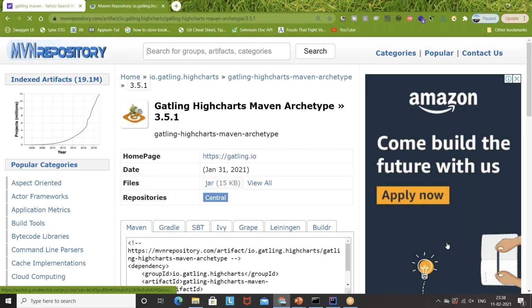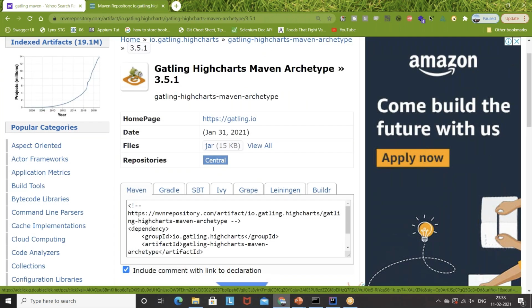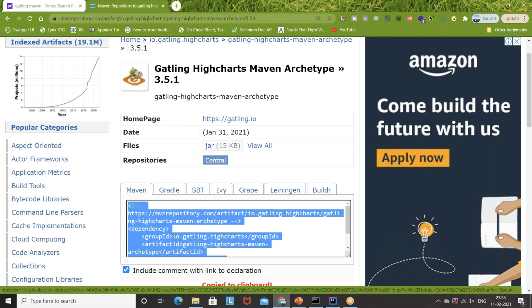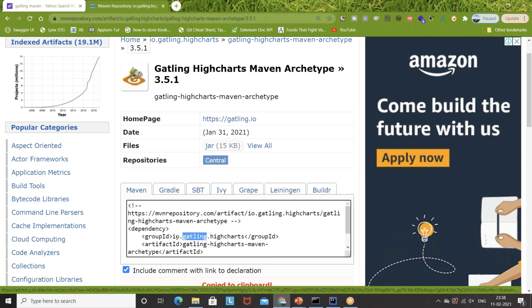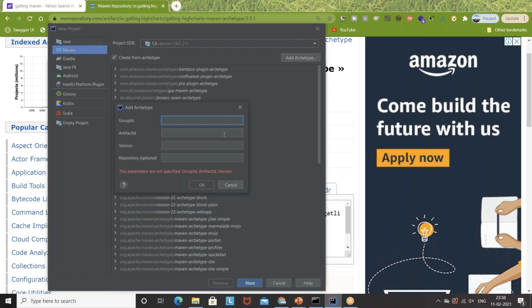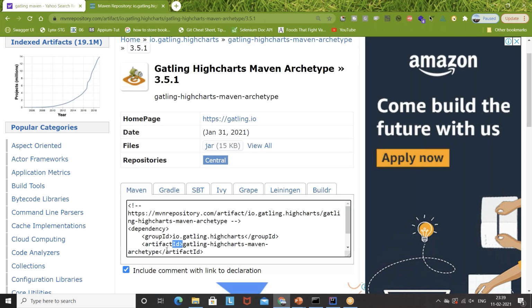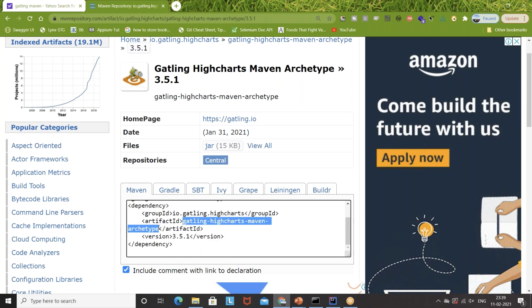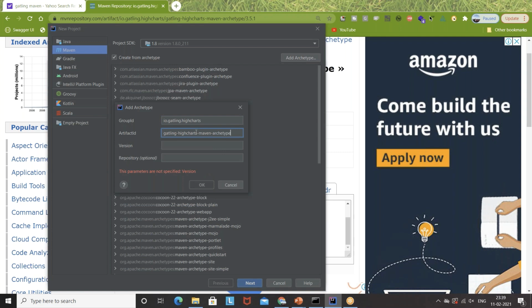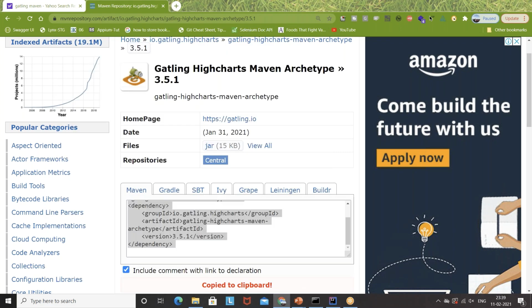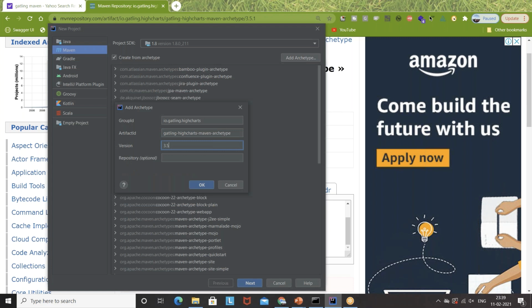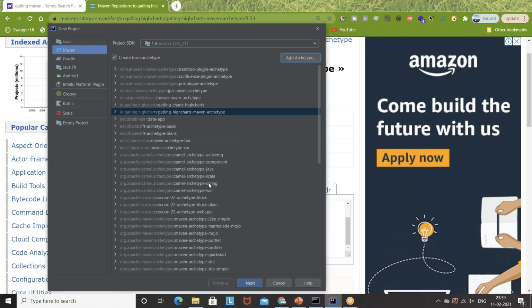And you have to, guys, download this particular repository. You have to get this particular group ID, io dot something like this. This is the group ID, so just copy from here to here. So I'll just copy. Okay, make sure that, okay guys, artifact ID is this gatling-highcharts-maven-archetype, then only it will work. So simply write group ID, and then I'm going to copy the artifact ID. So just copy this and go back to this, and the version we are using is 3.5.1 over here. So simply write the version is 3.5.1, and you simply click on OK